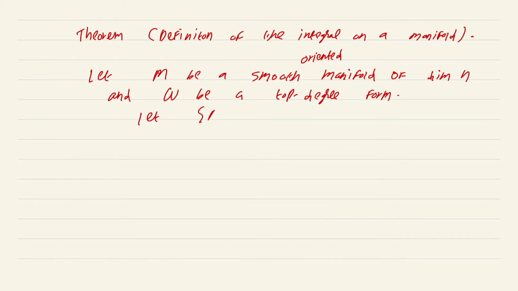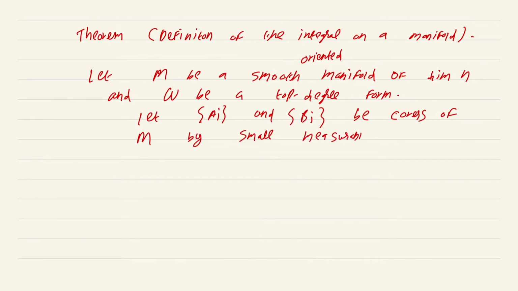Let A_i and B_j be covers of M, not orientation cover, sorry about that. Let A_i and B_j be covers of M by small measurable disjoint subsets. So by disjoint, I mean that A_i and A_j are disjoint and B_i and B_j are disjoint. A_i's and B_j's could intersect, of course. And let